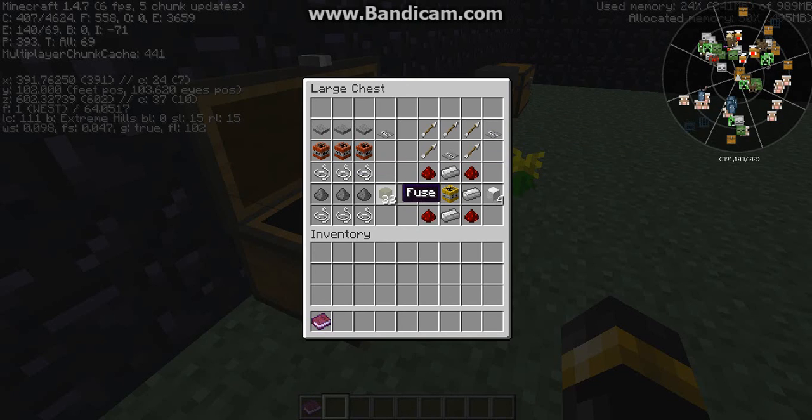Now, the next thing I want to show you is the fuse. Now, the fuse is crafted by 6 string and 3 gunpowder, and you will get 32 fuse. And the fuse is, well, it's fuse for setting off explosives from a large distance away. Now, here is the blasting cap that I mentioned earlier. Now, to craft the blasting cap, you are going to need 4 iron